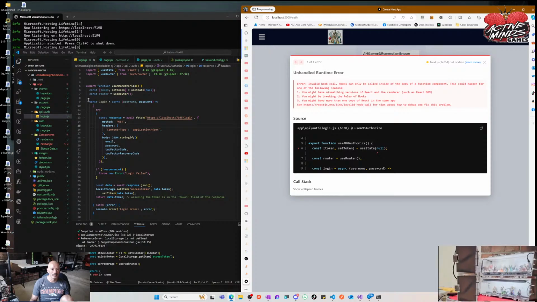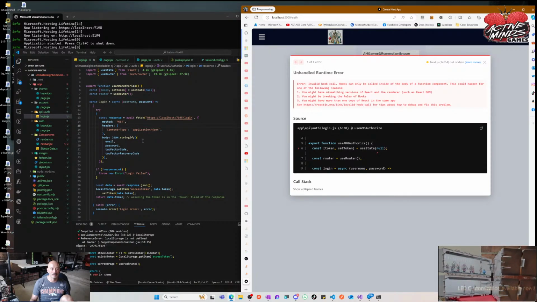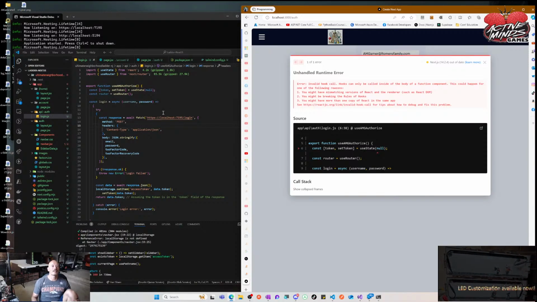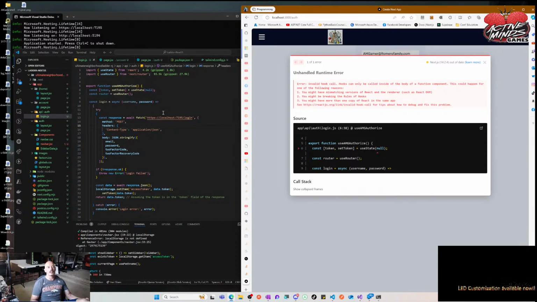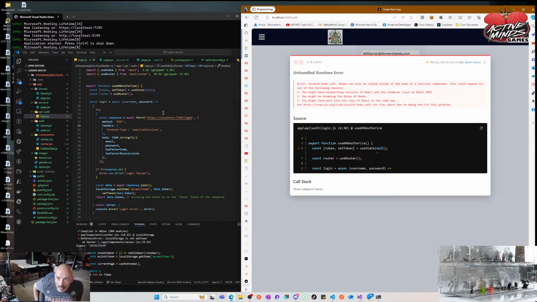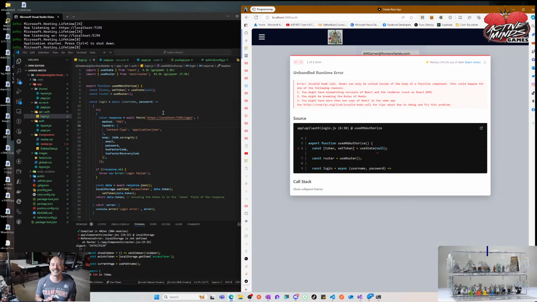So is it... doesn't like something here. I guess I'm not fully versed on what makes something a hook, because it's telling me a hook can't be called. But why is this a hook? That's all I'm curious about. Why is this a hook? Well, is it the calling a use state? I mean,